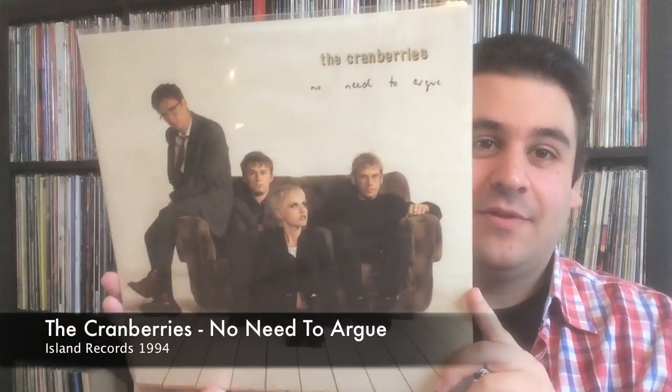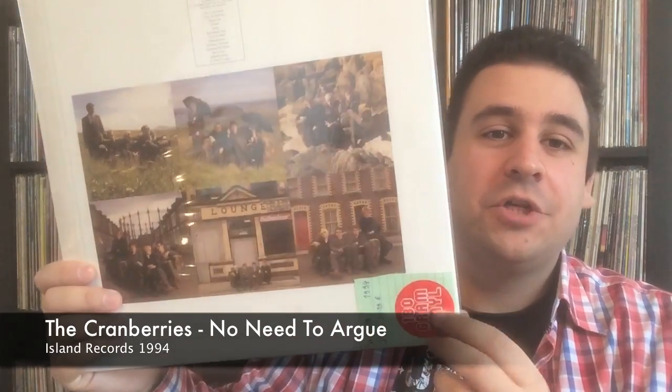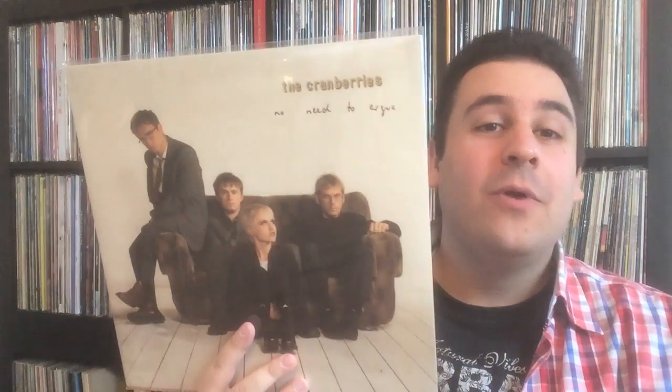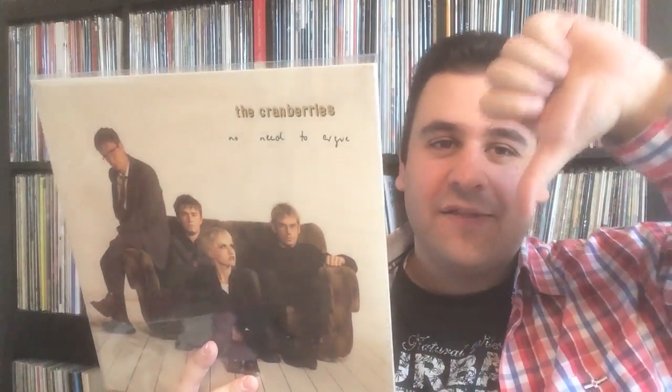Well, the next album is also something special, and one of the more expensive items, I have to say. A few months ago I showed this album, the Cranberries, No Need to Argue, and this was the 180 gram reissue on Plain Recordings, which sounds good, but the pressing quality is bad. It's crackly and all that kind of stuff. Big thumbs down, but